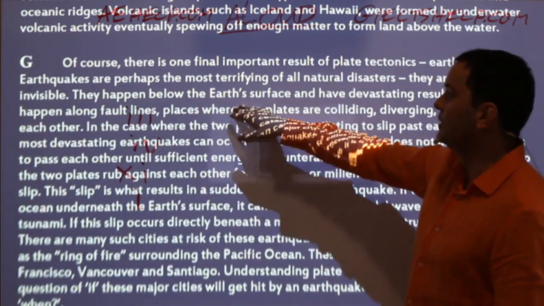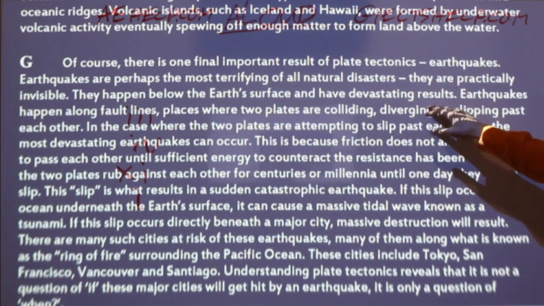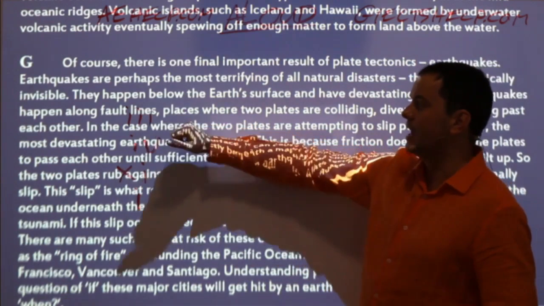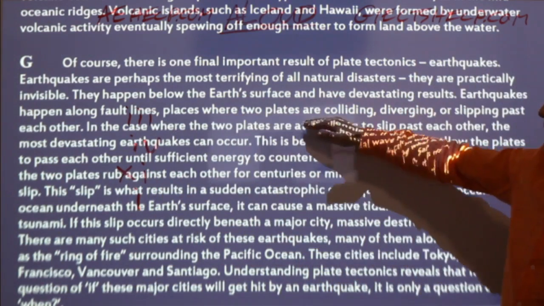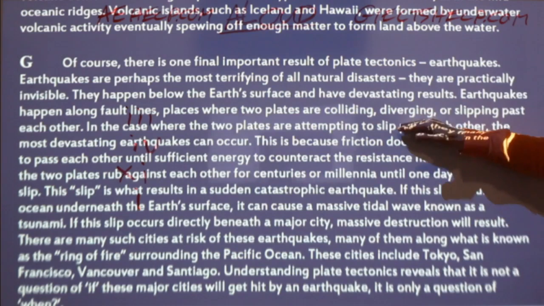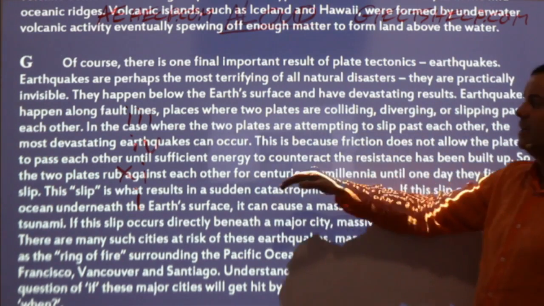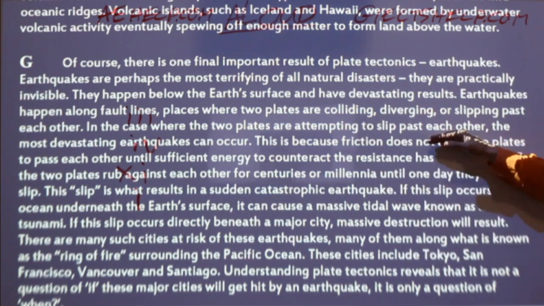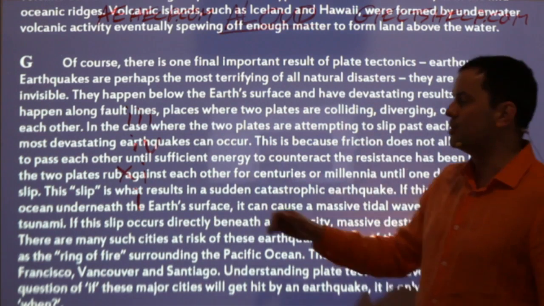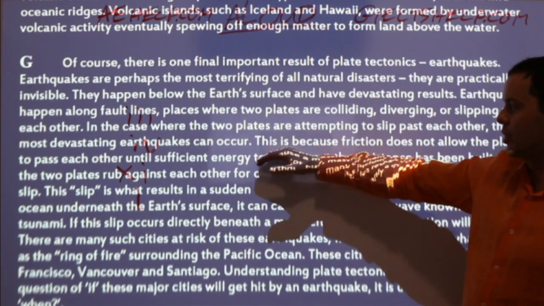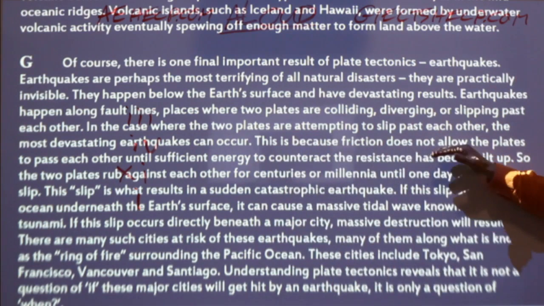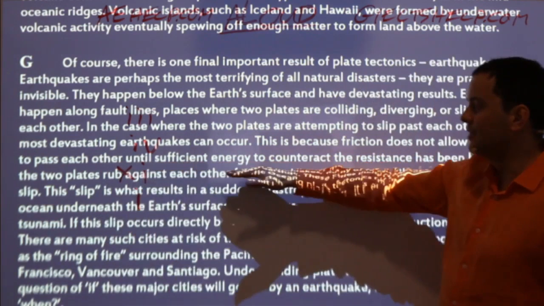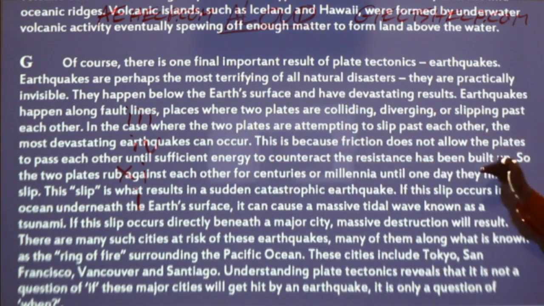They happen below the Earth's surface and have devastating results. Earthquakes happen along fault lines, places where two plates are colliding, diverging, or slipping past each other. In the case where the two plates are attempting to slip past each other, the most devastating earthquakes can occur. This is because friction does not allow the plates to pass each other until sufficient energy to counteract the resistance